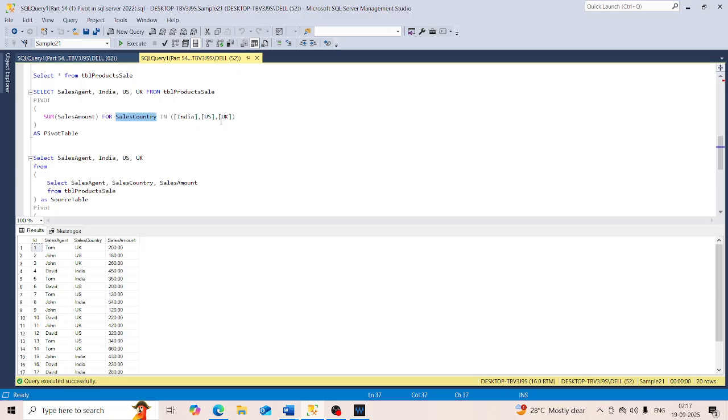These values will be converted into pivoted columns. So India, US, UK from this pivot table,